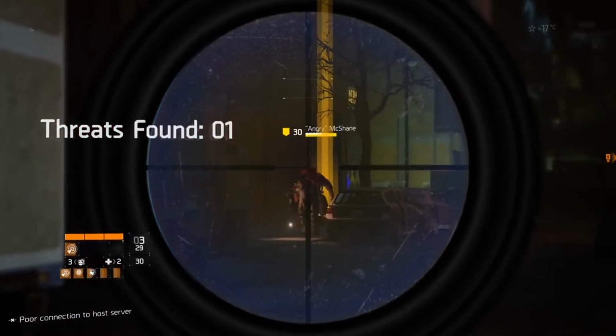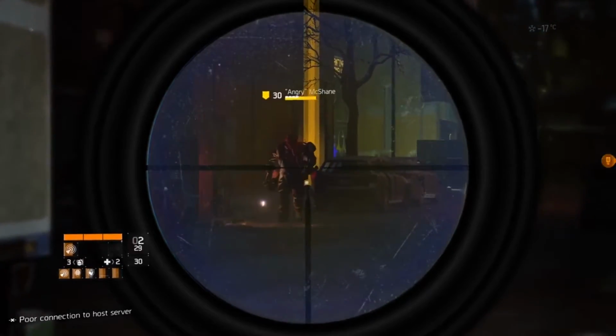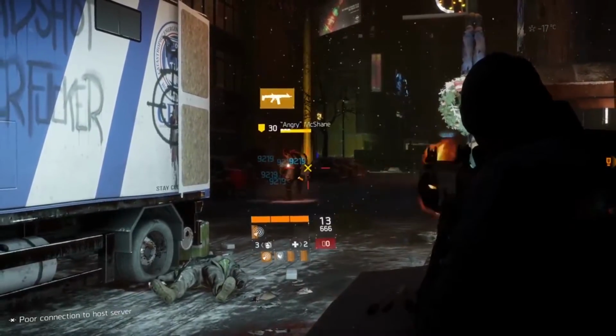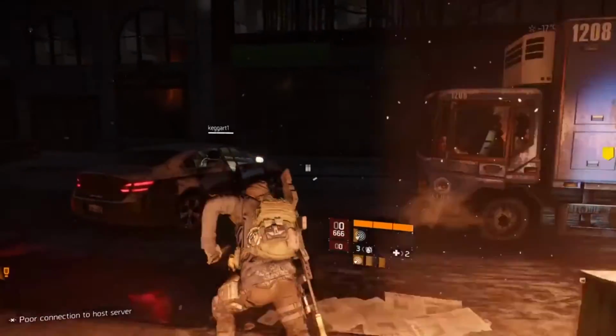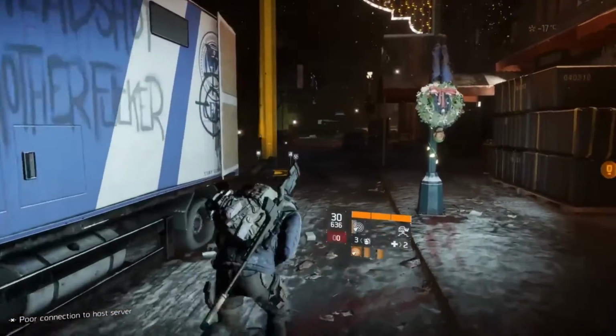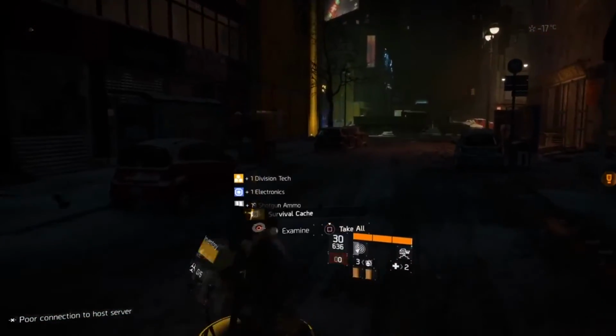You should be all right at that point. The survival caches usually have about 4 items inside, and some of the better loot include the survival exclusive weapon. I think it's called the MDR. And this is why you really need to be careful with who's around you when you deal with the named